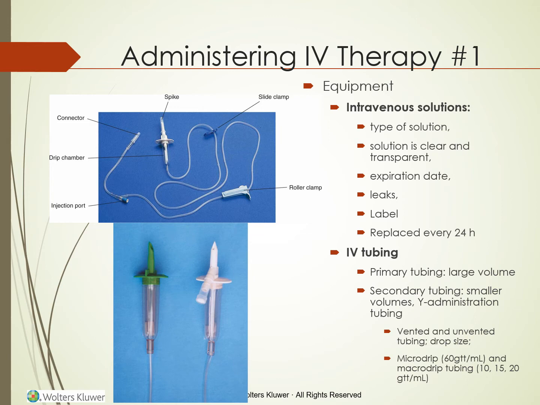Microdrip tubing, regardless of the manufacturer, delivers a standard volume of 60 drops per milliliter. Macrodrip tubing, however, varies in the drop size among manufacturers. Common macrodrip drop factors, the ratio of drops per milliliter, are 10, 15, and 20 drops per milliliter. The nurse determines the drop factor, which is important in calculating the gravity infusion rate, by reading the package label